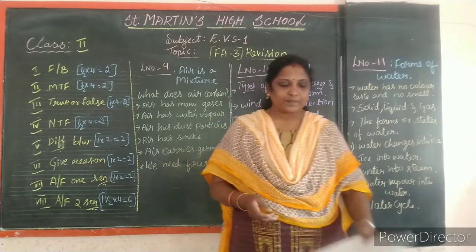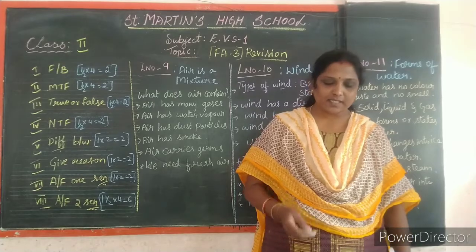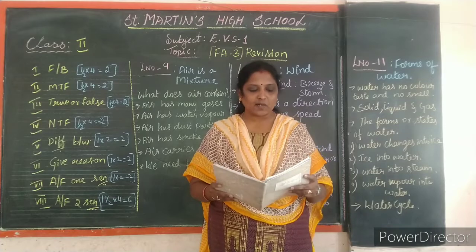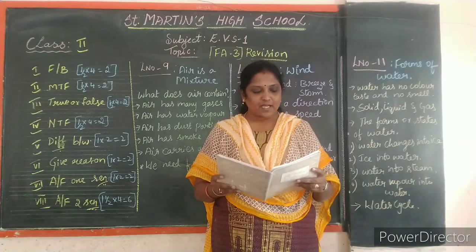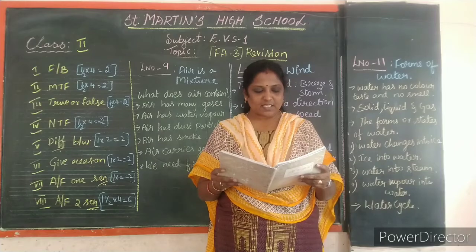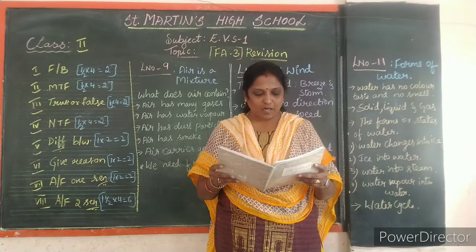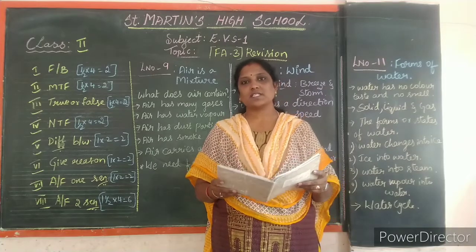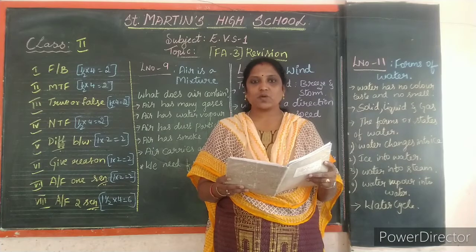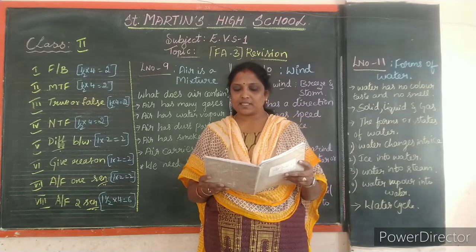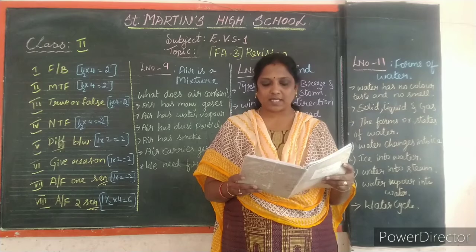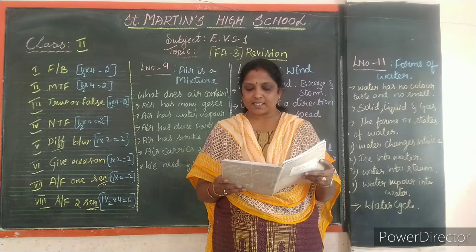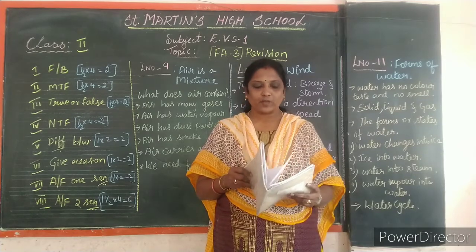See there. I hope you have written the answers in your classwork. Name the three forms of water. The three forms of water are solid, liquid, and gaseous form. And how does water change into ice? Pour water in a bowl and keep it in a freezer for some time. We can see that water changes into ice. What is the water cycle? The water cycle is the journey of water from the earth to the sky and back to the earth. Give another name for steam. The other name for steam is water vapor.